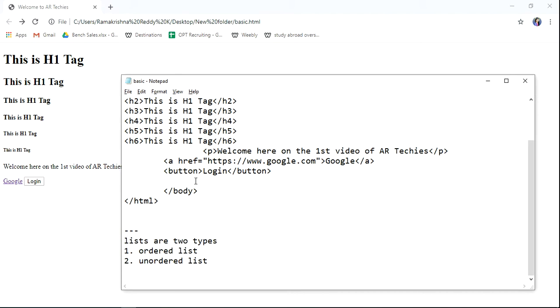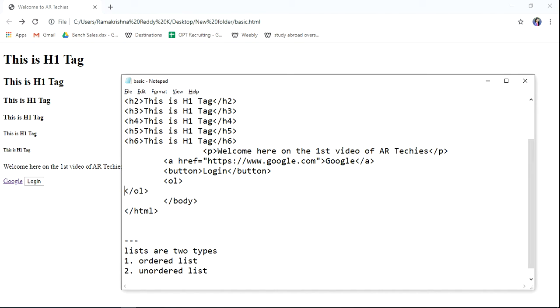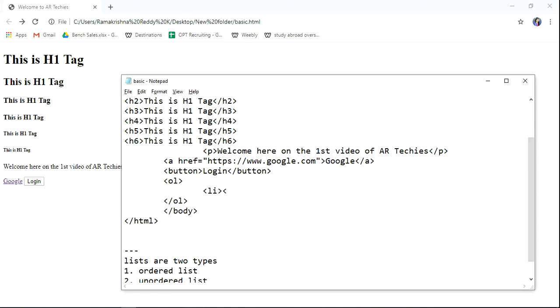Generally, ol is the ordered list, so make sure to close the ordered list tag. In that we have some list items. li is the list item, and make sure to close that. You can have multiple list items. So this is the first item, and this is